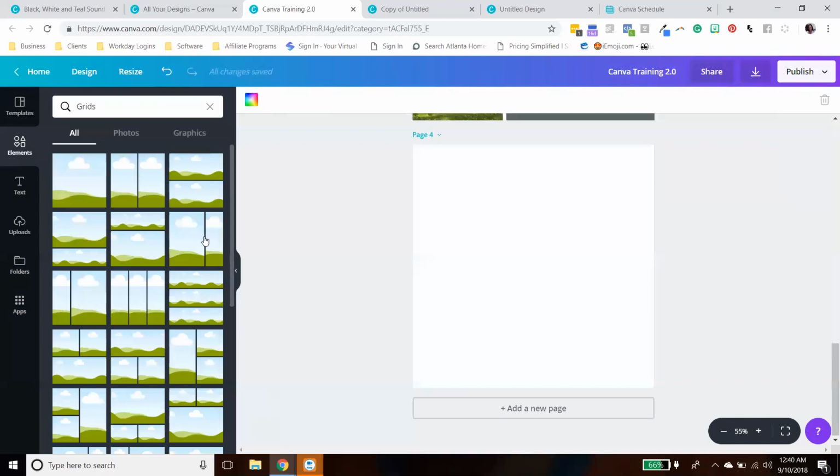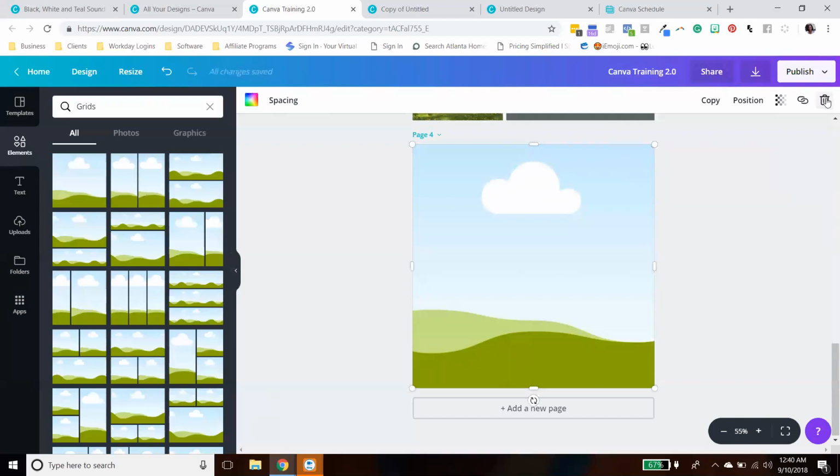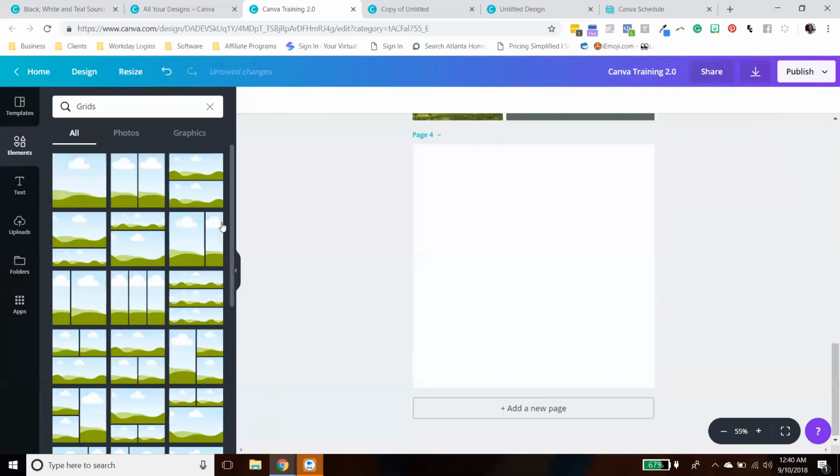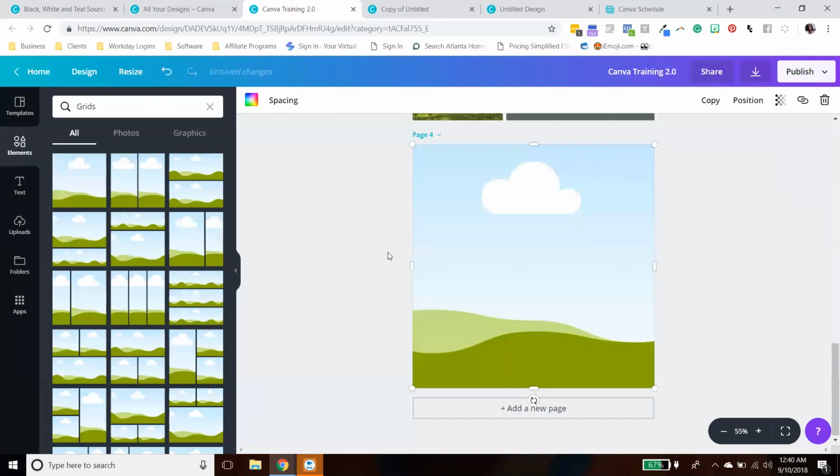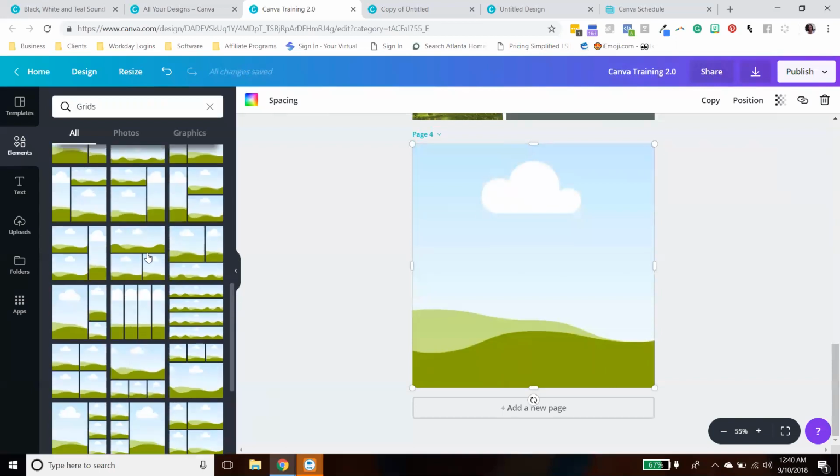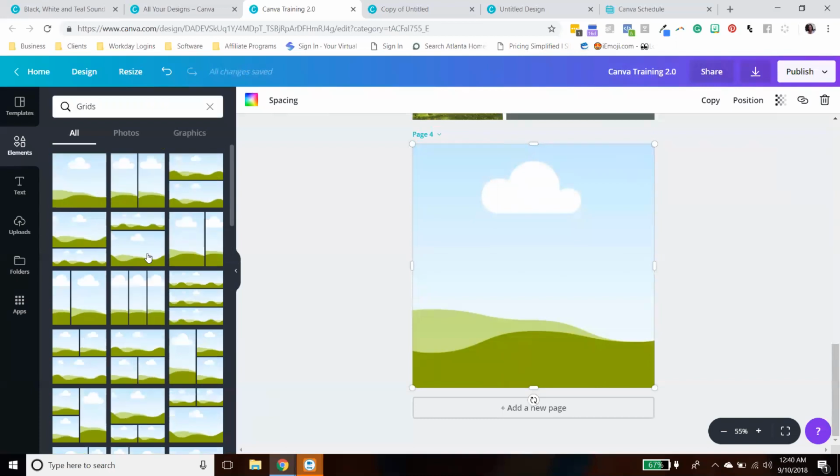Okay, now the grid is very different. I'm going to open that up. The grid is where we drop the images into. All right, so if you wanted to kind of do your own thing and freestyle it, you can bring in this grid like this. You can drag and drop, or you can click on it and it'll automatically come right over there, okay? Now, in this grid, you have an option for a couple of things. As you can see, you can do so many different things with grids. If you want your photo to be split in half, you have that option. And what that looks like,